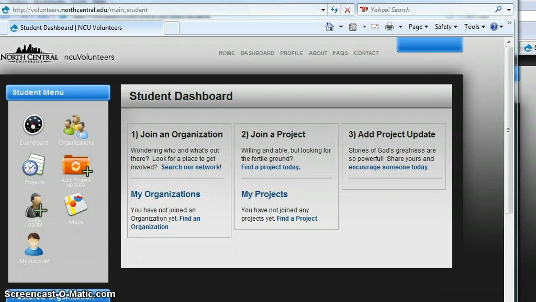So I just jumped ahead a little bit, and I went and signed on as the leader, and so I submitted a few things. I want to show you what it's going to look like for you, because once you invite your leader, you're going to have to wait until they submit some information for us. What you can do if you log back on after you know that they've submitted some stuff, is go to your account,